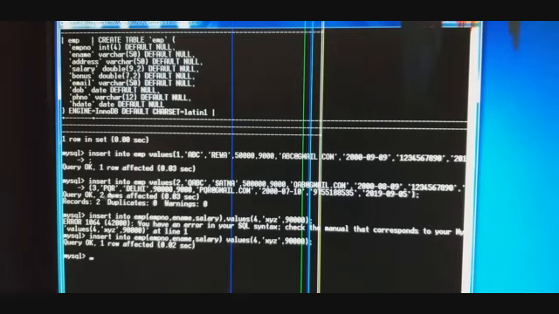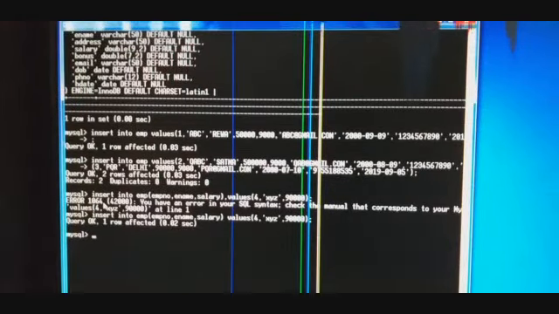Clear? Okay. Afterwards, here you can also provide the second format of insert, that is insert into table name within brackets field 1, field 2, field 3, field 4 and so on, bracket close, values, value 1, value 2, value 3, value 4 and so on. It means we can also provide records to the selected fields. So in order to provide records to the selected fields, we have to use this syntax.